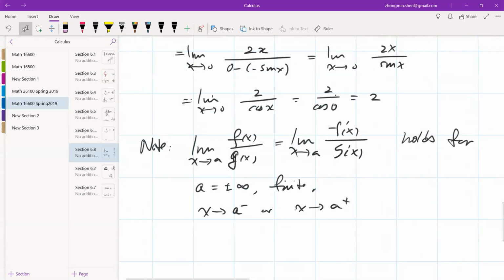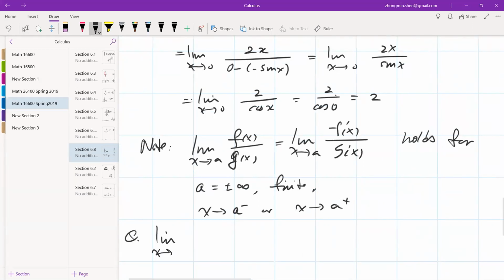As long as it's 0 over 0 type or infinity over infinity type, then you can apply L'Hopital's rule. So the value of the function is not necessarily defined at A. Like when A is infinity, of course f is not defined at infinity. So the function is not necessarily defined at A. Okay. So take a look at the following